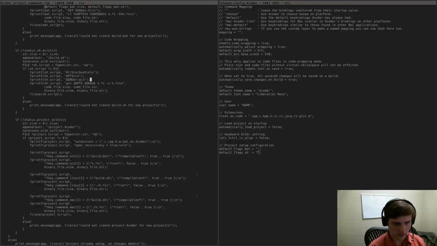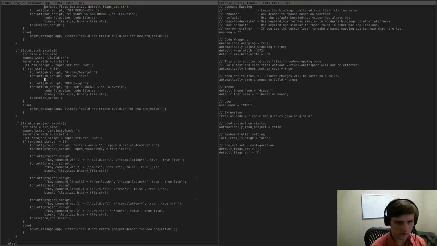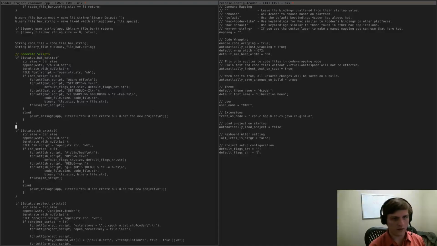And then the shell script will also do this for a string called default flags sh. Okay. Then all I have to do is go to the framework